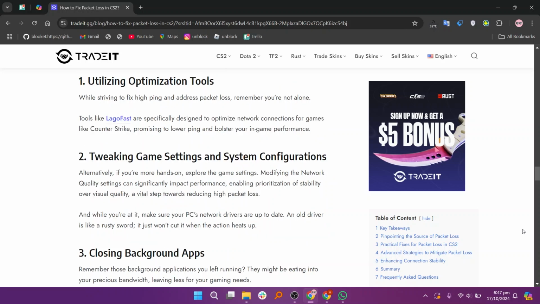While striving to fix high ping and address packet loss, remember you're not alone. Alternatively, if you're more hands-on, explore the game settings. Modifying the network quality settings can significantly impact performance, enabling prioritization of stability over visual quality, a vital step towards